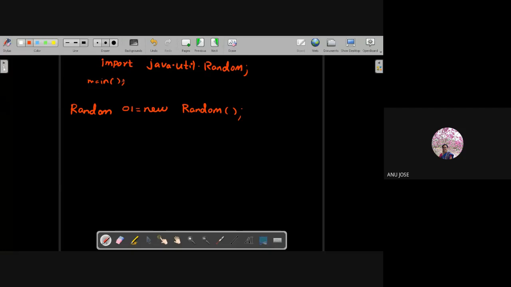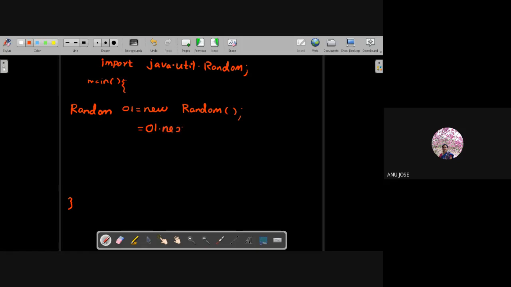Then all of this will be written inside the main. Already in the set creation we have used it too. That means in programs 3, 4 and 5 we are using the creation of random numbers. So inside the public static void main only we write this process.